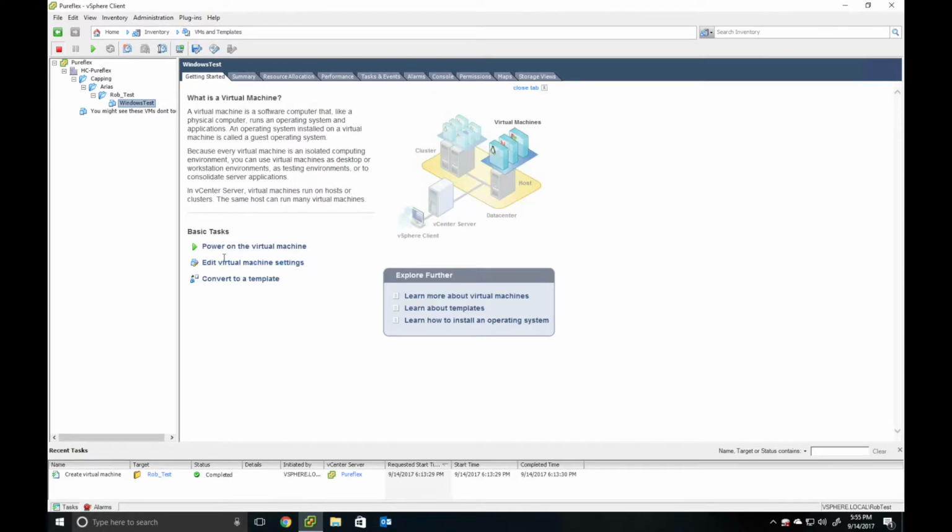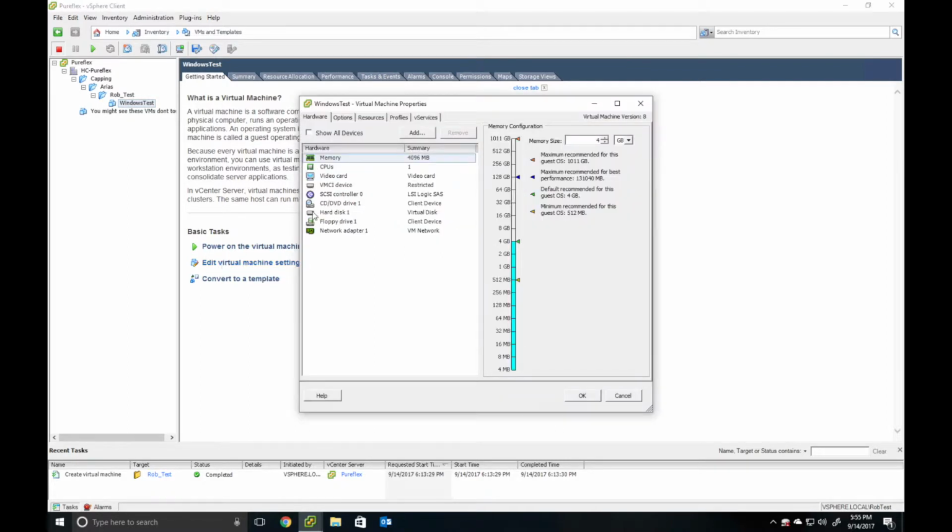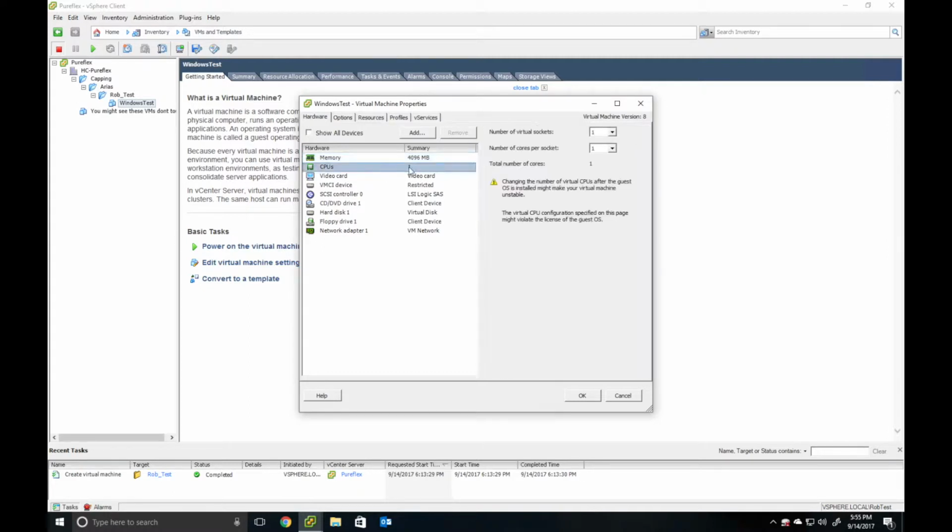I'm going to edit the settings for it. So 4 gigs of RAM, it comes default, that's fine. Do not have more than 4 gigs of RAM. I'm going to give myself 4 cores. And